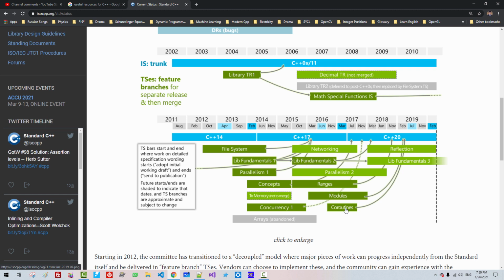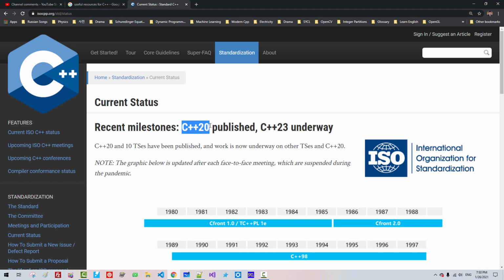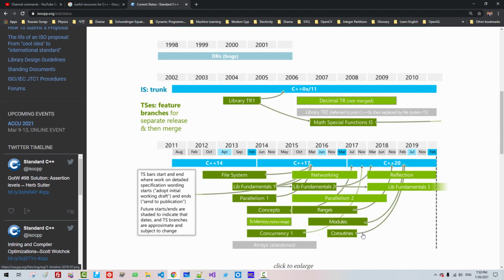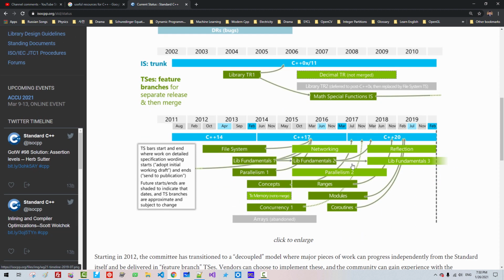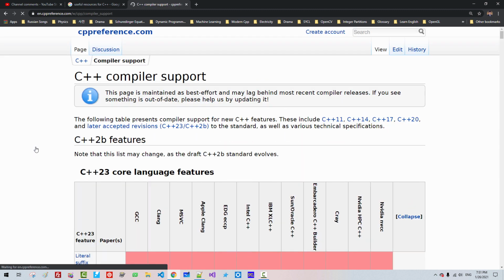These libraries are implemented or to be implemented in the C++20 standard. But as of today, January 26, 2021, not all C++ compilers support the C++20 standard. Compiler conformance status is in this link.